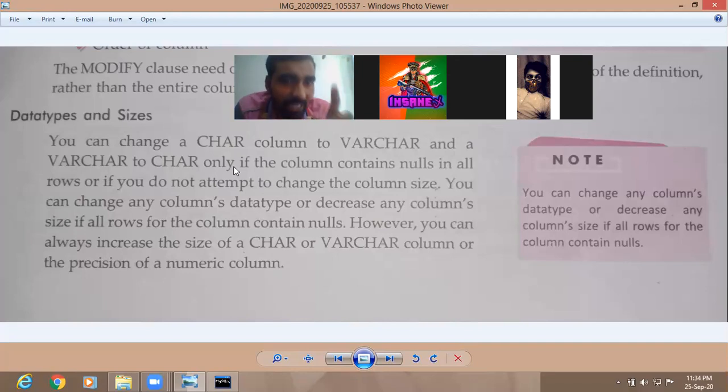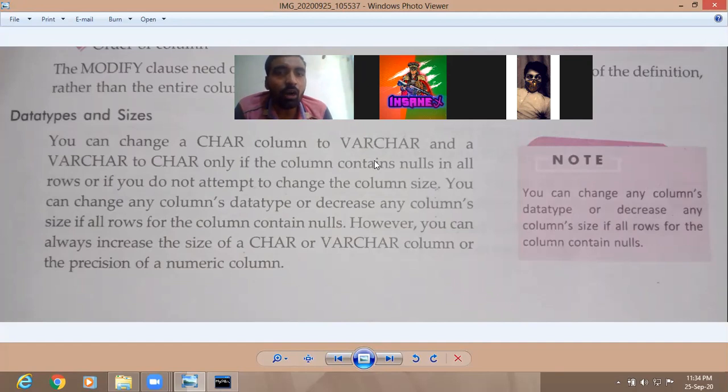But here in SQL, kindly listen, what is the rule? In SQL, the char column can be changed to varchar, or varchar can be changed to char, only if the column contains nulls in all rows. Nulls means if null is applied, but if not null is applied, then there will be a problem.